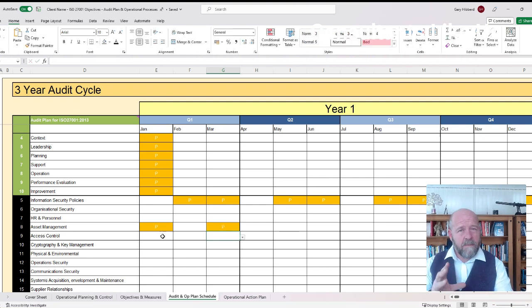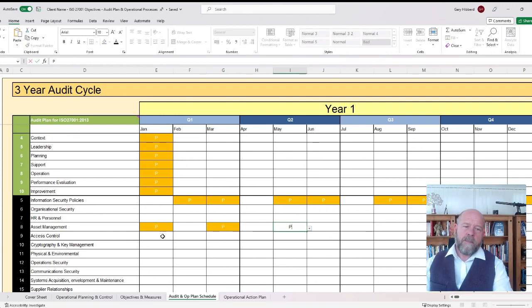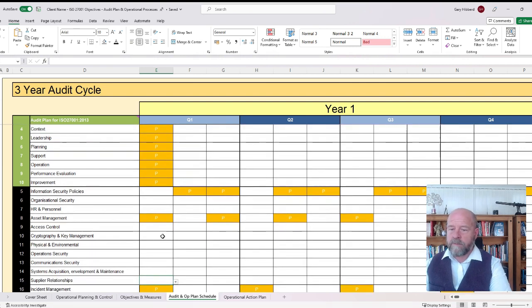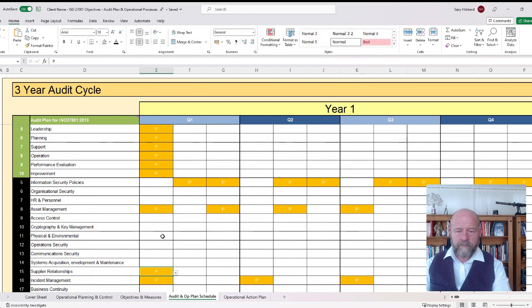and we're going to redo it again. We plan to do it again unless there's a marked improvement. We'll do it again in March, and then we're going to do it again in May because we want to make sure that everything is tracking according to our information security management system. But the audit is going to happen in January, March, May, and July, and we can carry on in that vein throughout all of the control areas. We might say, well, actually, whilst we're doing asset management, we'll also take a look at supplier relationships. So we can plan the supplier relationship audits in as well.